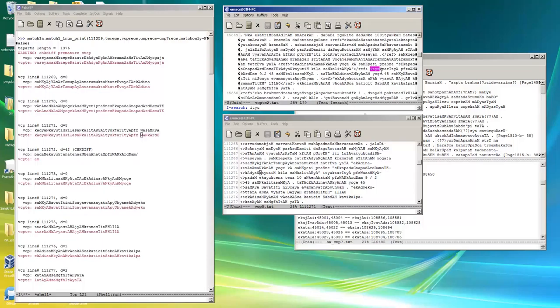So here we have it, and we'll just check. Here's ityukta ritya, and let's see if the preceding thing is the same. Sankalitakya. Yeah, so this is the spot where they match, and this is where the difference comes in, somewhere